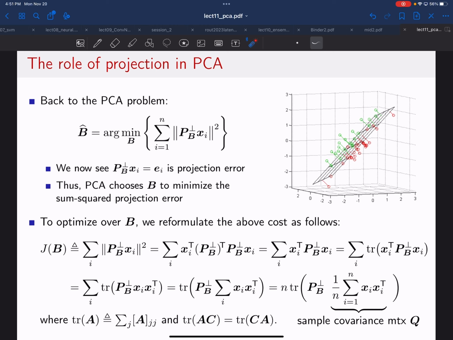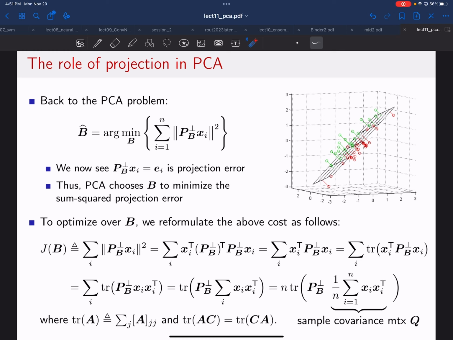Does anybody remember? In Unit 2, what we did was we took the vertical distance from the point to the line, but here we're taking the... Exactly. They were the vertical distances. We had similar pictures in Unit 2, but they were vertical distances because we were measuring the error in some y space. So what's different now is we don't have any labels. So we're just saying I have these points in x space. I want to approximate them with the subspace. So it may seem like there's some similarities, but there's also some pretty big differences between what we did back